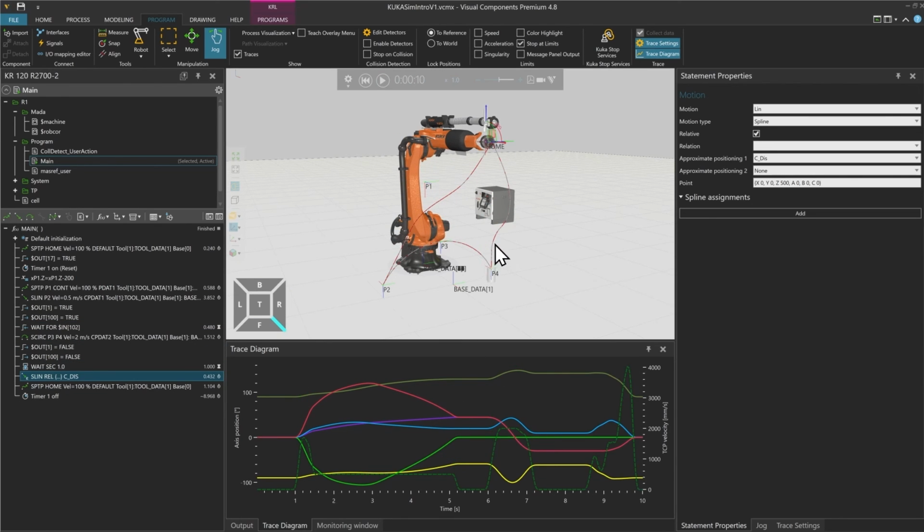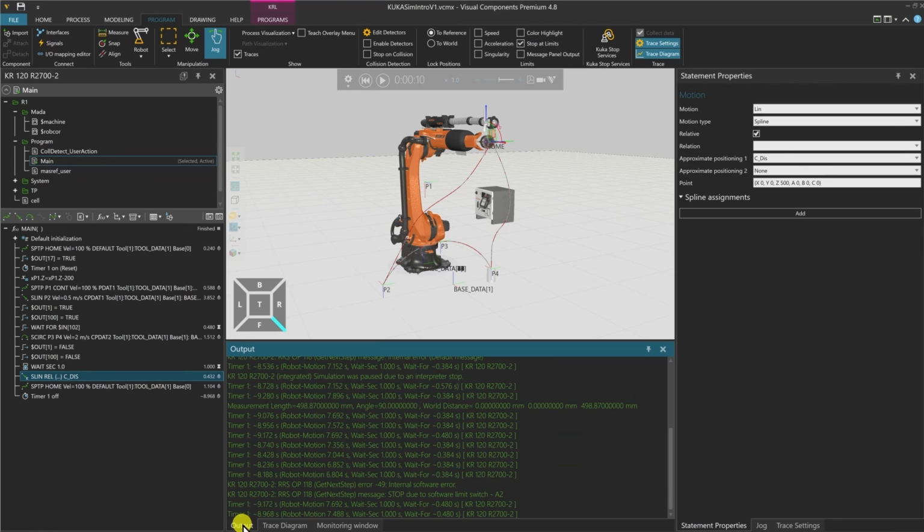And now it approximates the last point. Here the speed is not reduced to 0, but it actually accelerates through until we brake or decelerate again before the home position. If I go back to my output, we can have a look at the cycle times. So we have a slight reduction from 7.69 seconds to 7.48 seconds. And with that, you can incrementally change and optimize your program.